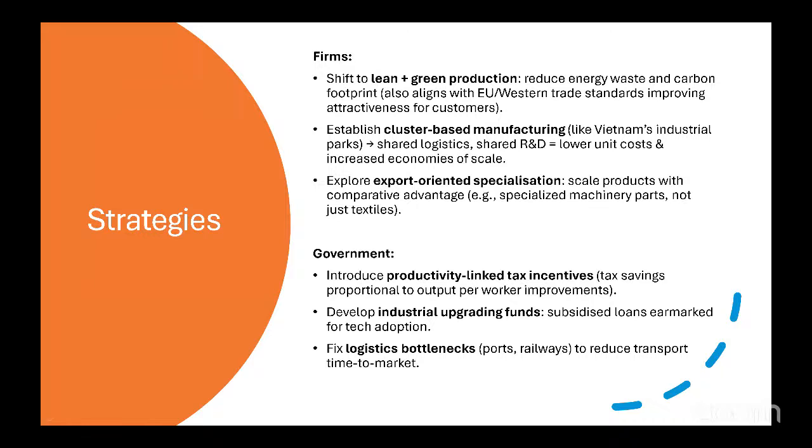So in terms of strategies, we've broken it down into 4 main pillars. The first 2 are firms and government. In terms of firms, we can shift to a lean and green production transformation whereby we reduce energy waste and carbon footprint. This also aligns with the EU and Western trade standards, improving attractiveness for customers and providing a